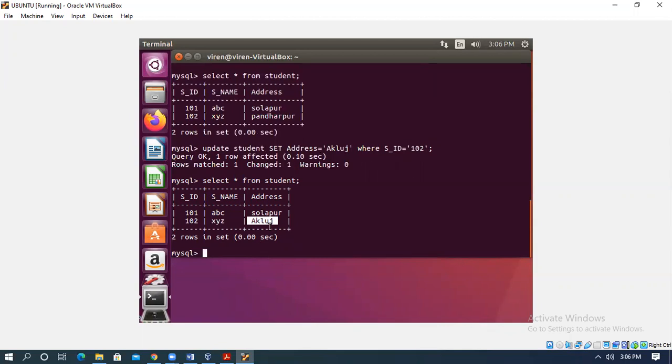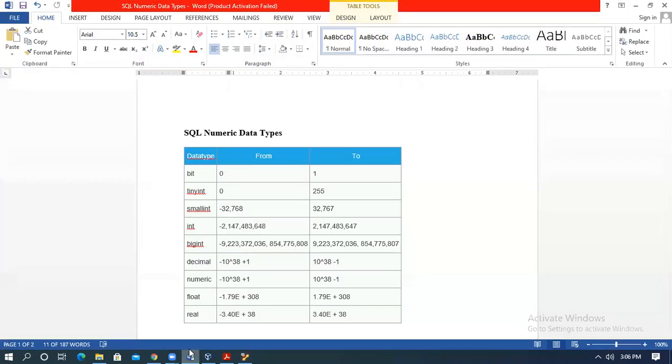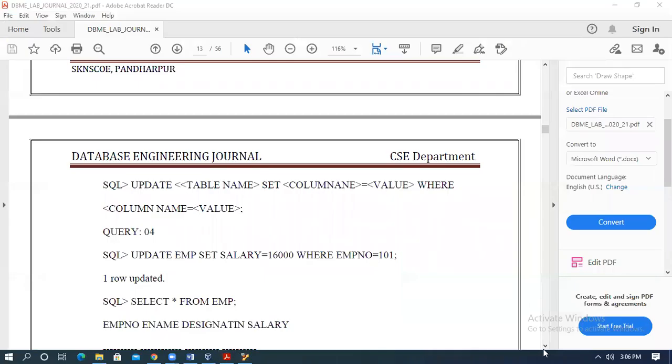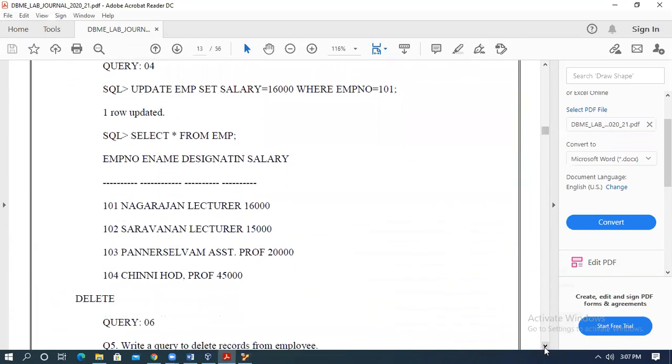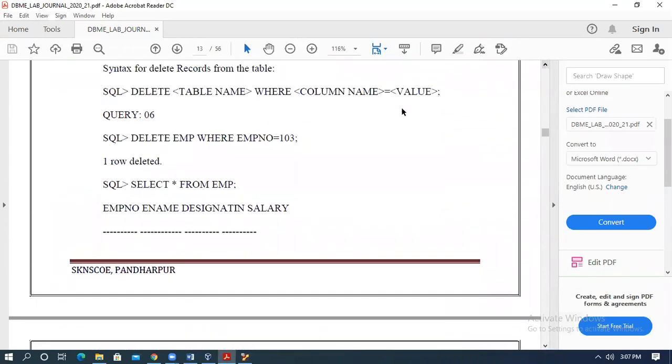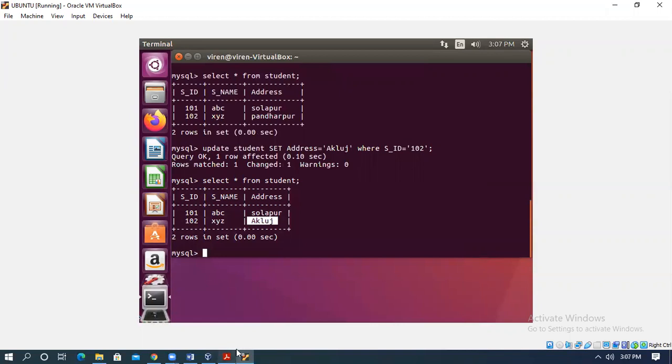Next is delete. Delete will delete the record from the table. So the syntax is delete, table name and condition, where the condition is like this. So we'll write delete, table name is student, where s_id equal to 102.